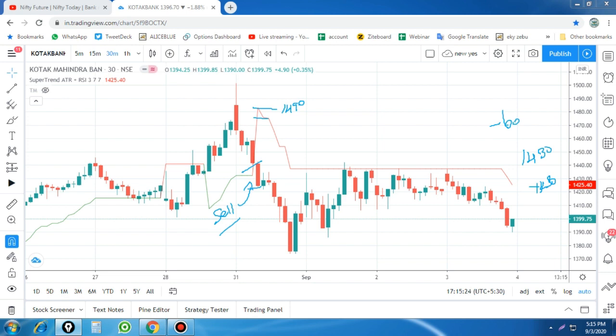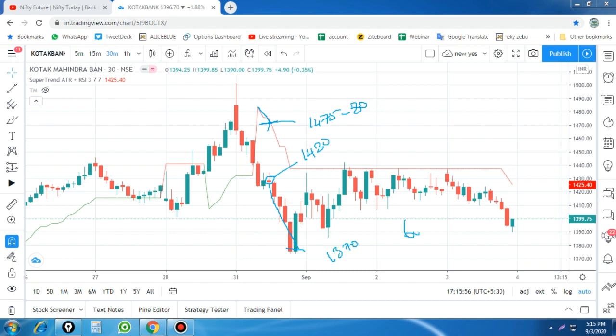After this signal was generated, the stop loss immediately spikes down. It means the price also started going down. If I took the position at this particular point, around 1430, the stop loss should be the same, a little bit lower, around 1475 or 1480. But after the decrease in the Supertrend line, you see that the price dropped to 1370, almost 60 points down from that area.